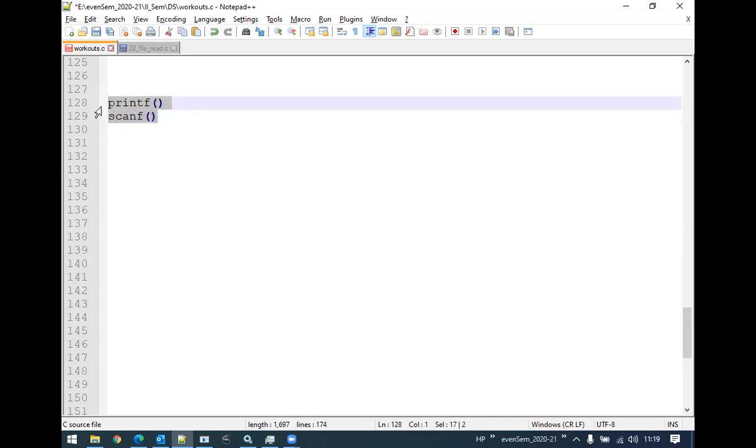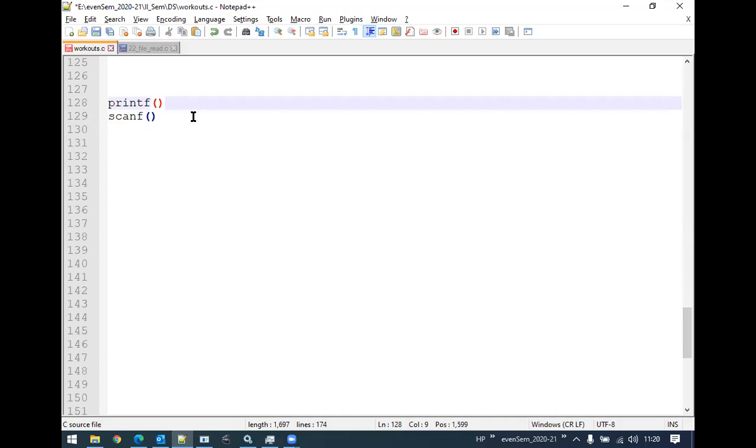Printf and scanf are the formatted input and output operations done through the standard input and output devices. Printf is a formatted output operation, meaning the content will be displayed on the standard output device, that is the monitor. Scanf is a formatted input operation, used to read the contents from the keyboard, the standard input device.